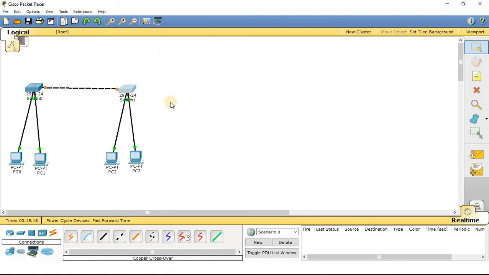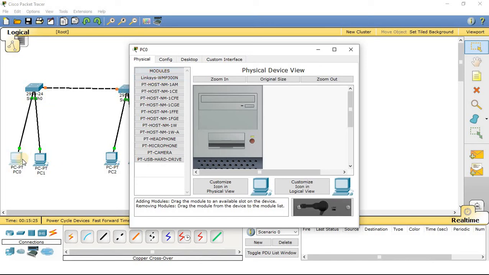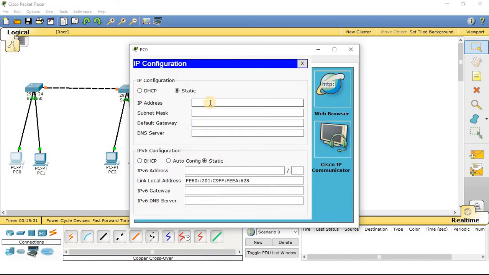So I have connected. Now let me assign static IPs for these 4 computers. I will assign the IP address for this computer. Let me provide the IP address over here, 10.20.30.1. So the network address is 10 and the host address is 20.30.1.